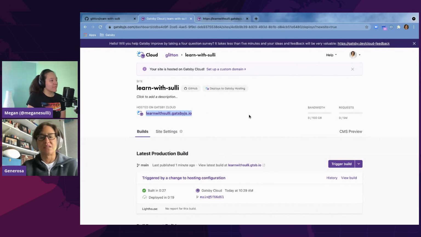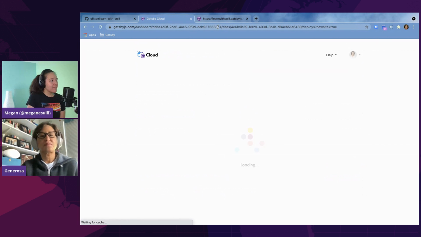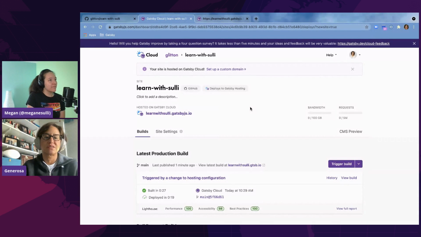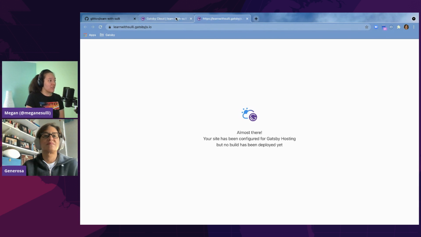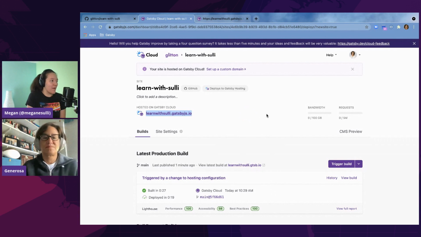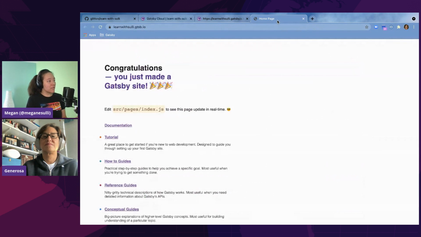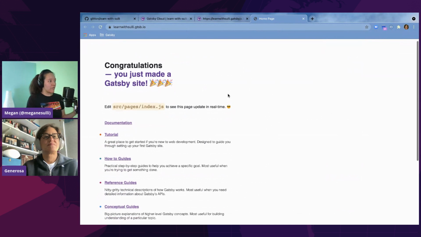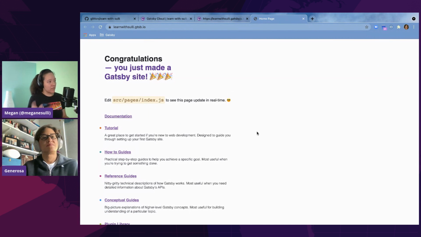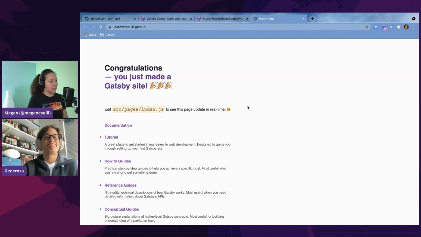All right, it's still doing its thing. Still thinking. Usually the first build is always the longest because it has to go get the IP address, whatever, networking things happen. And in future builds, you'll have a lot of stuff cached too. It doesn't really matter for us now because our site is so small. But as you're working on bigger sites, like the Shopify site was a good example, if you've got like 10,000 products, the first build will be slower because it's getting all of your data, but then subsequent builds will be faster because it's just looking at the changes since your last build.